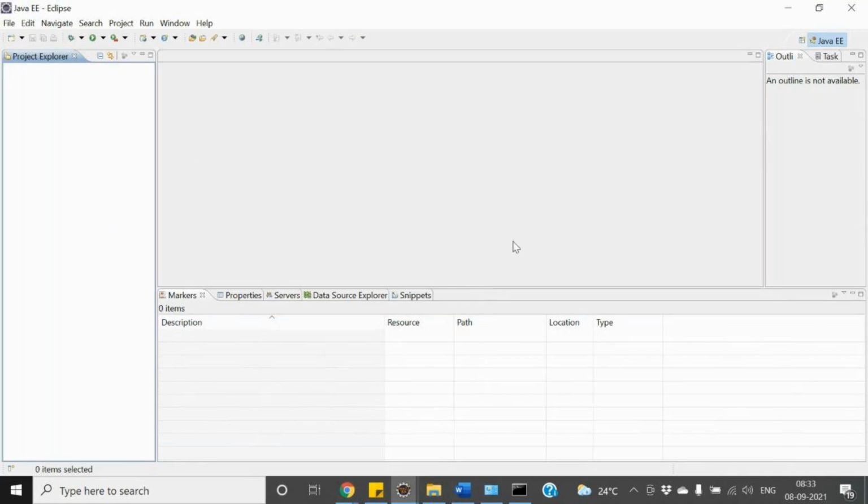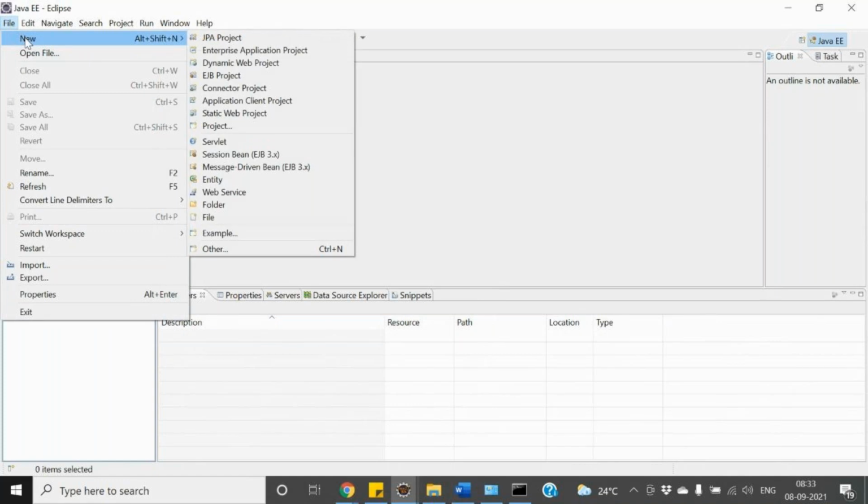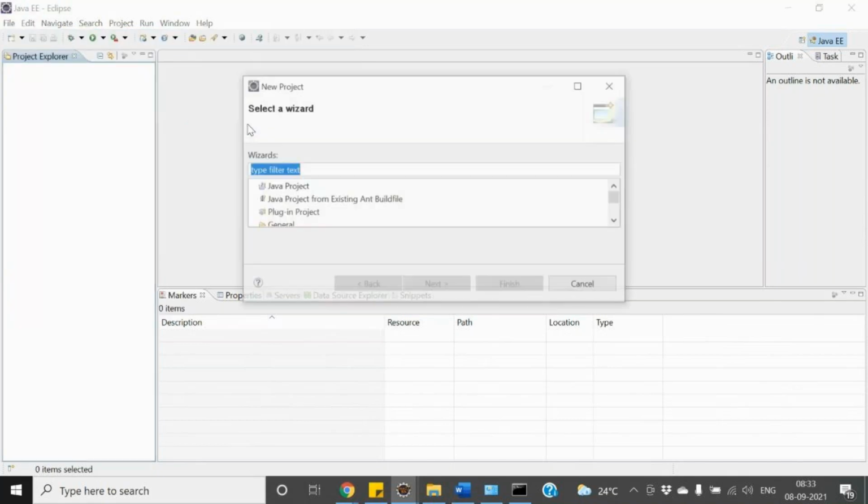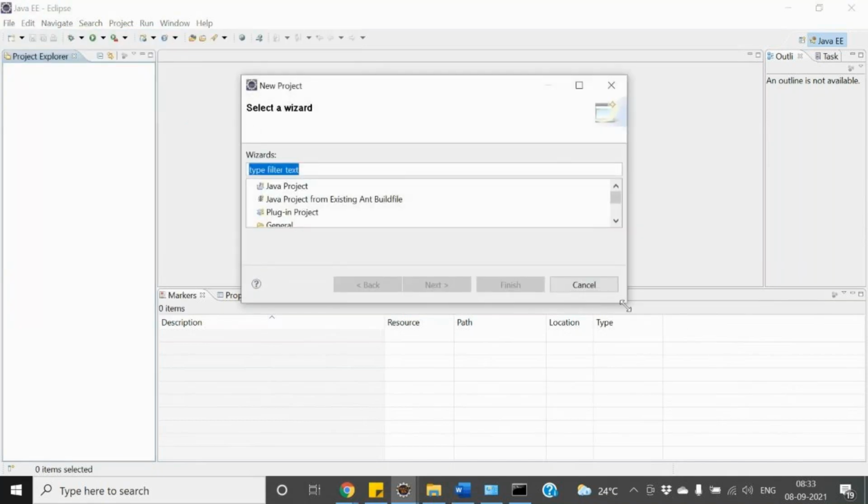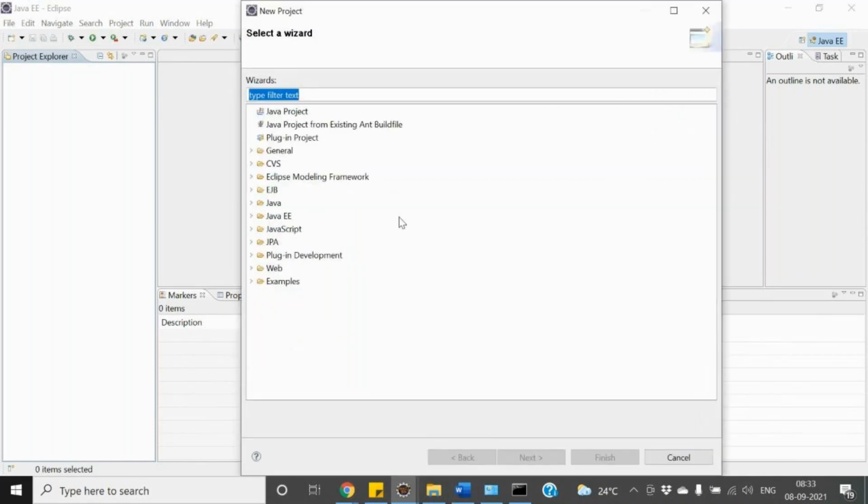Now what we can do is create one simple program, a project, under Eclipse, and then we'll see how it goes. For that, I can go to File, say New, and here I can see the option called Project. Over here you'll get this window. In General we can see the projects. We're going to create a Java project over here, so I selected Java. I'll say next.